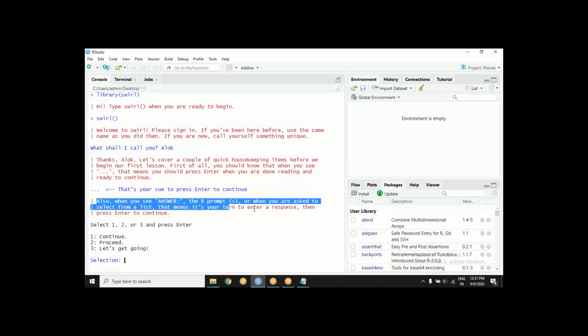Then it is giving you further instructions. Okay, fantastic. You will be asked questions like this and there will be multiple choice answers, so you can choose the option number. There are three options, 1, 2 and 3. Which one should you choose if you are coming along?